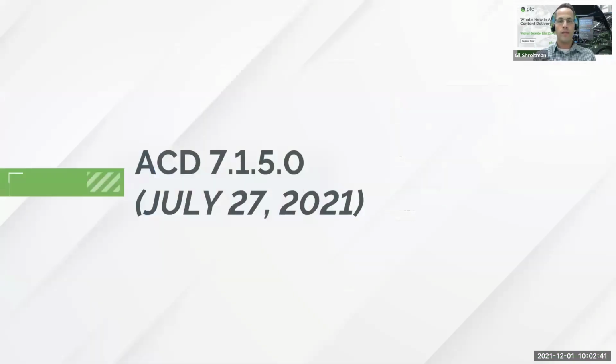So with that, I'll start with some release highlights on a couple of release versions that we have and are planning to release to market. The first one is 7.1.5, which was released on July 27, 2021. And the second one that will be covered in today's webinar is the upcoming 7.2.0 version that's going to be available by the end of December this month. So I'll start with the 7.1.5